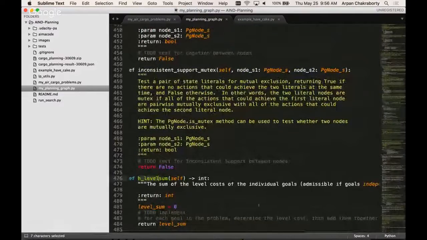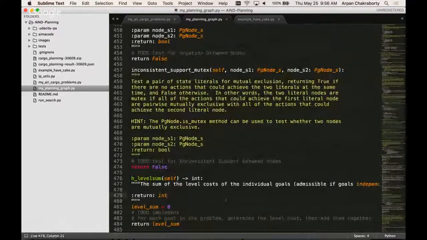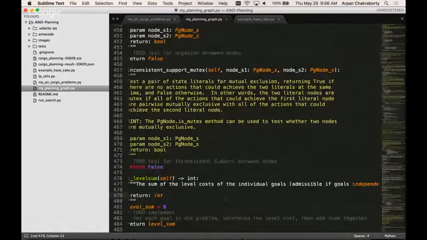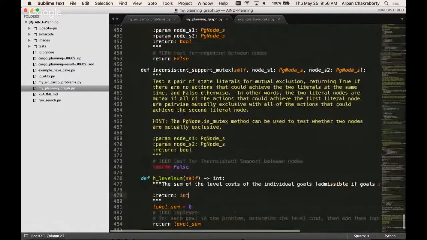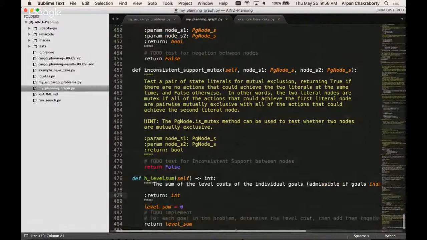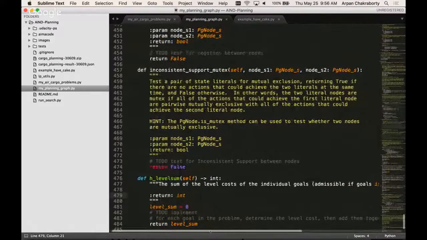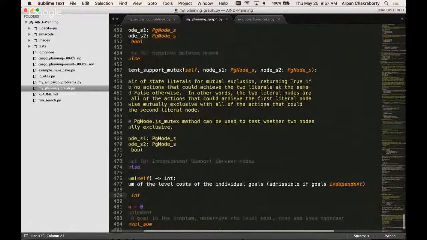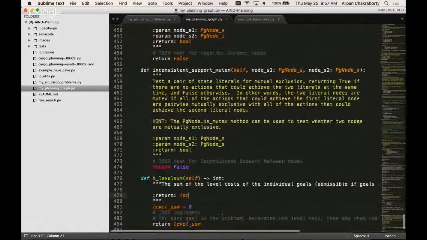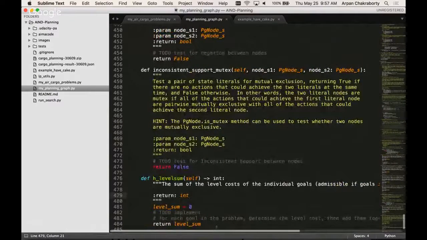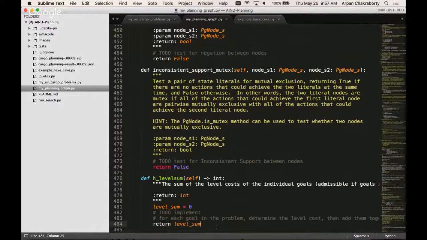And as mentioned here, it's the sum of the level costs of all the individual goals. Cool. And there's more, like there's a to-do here, which basically spells it out for you. For each goal in the problem, determine the level cost and then add them together. Cool. And just to give you a quick reference, level means at what level in the planning graph